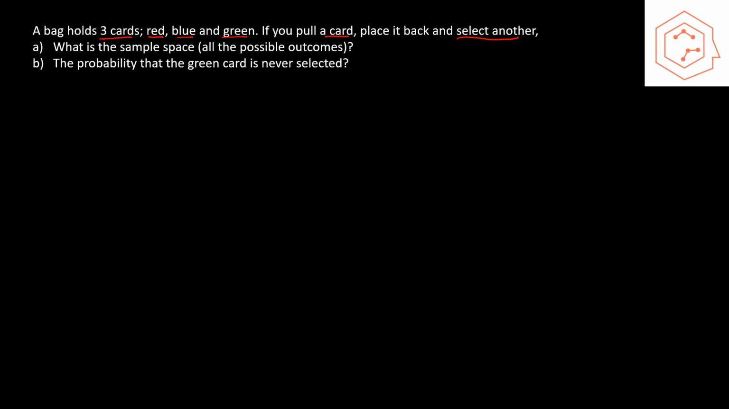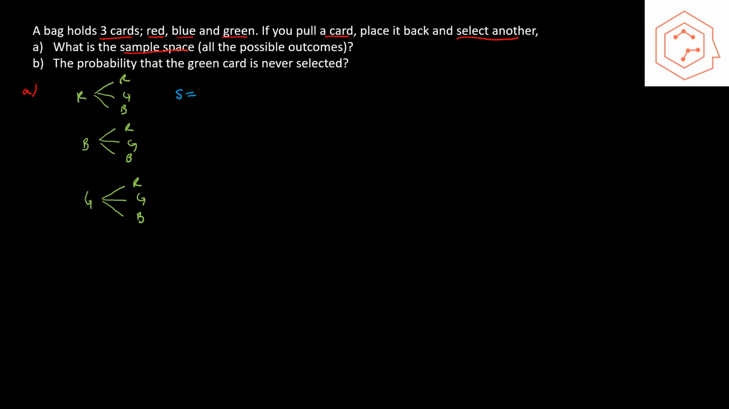So in this case, we want to know what the sample space is for our experiment. So for A, what the sample space is. If we draw a tree diagram, we can either pull out a red first, a blue first, or a green first for our card. After that, we have 3 outcomes: red, green, blue, red, green, blue, red, green, blue, and that's our second choice. So our sample space in this case